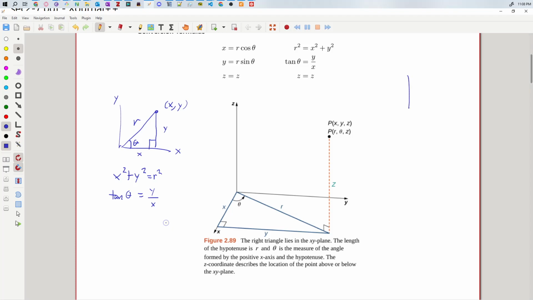The way I usually think about this is I relate it to a triangle that lives on the unit circle. So a triangle living on the unit circle has the hypotenuse equaling 1, and then one thing that you know is that the point xy is actually cosine theta,